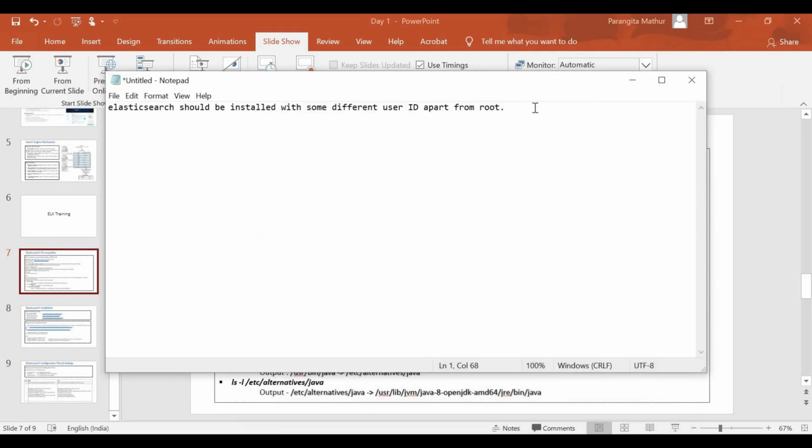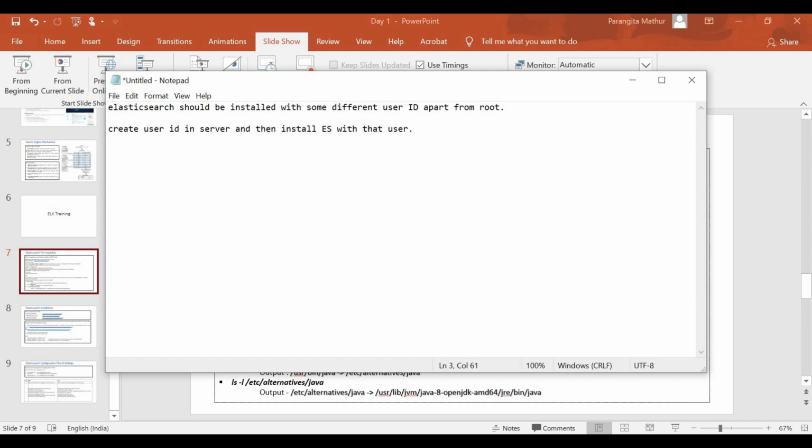That's the reason if you want to install Elasticsearch, then you have to create a user ID and then install ES with that user.